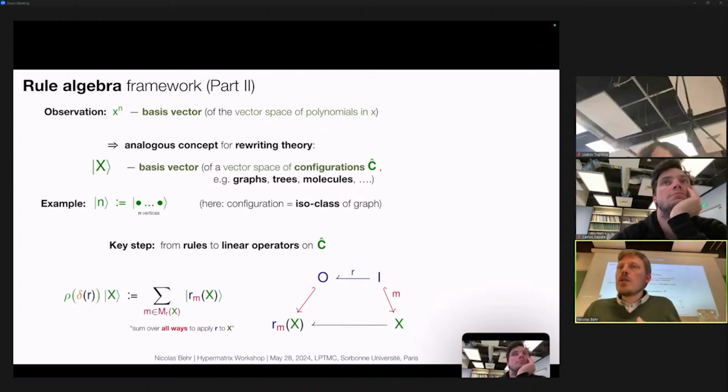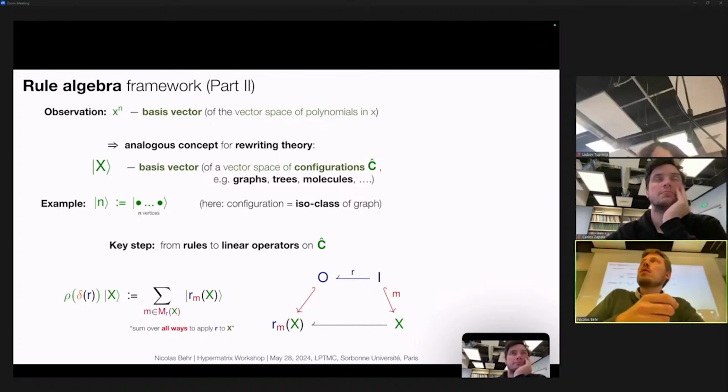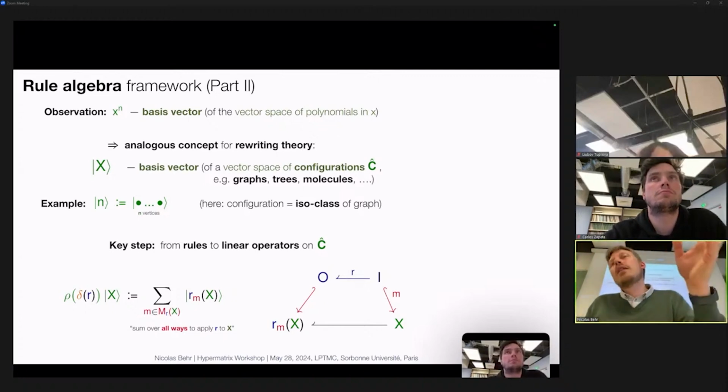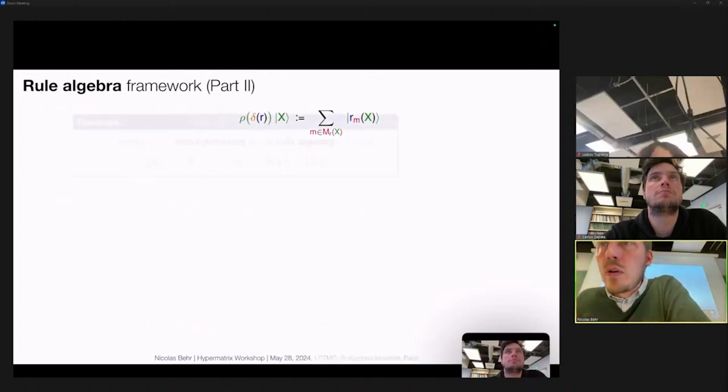And again, you can, of course, get integer coefficients, which are the number of ways you can reach a certain output by rewrites automatically. No extra definition needed. Of course, under the hood, I described that this taking isoclasses has a non-triviality there, but let's say that's a moral concept at least.